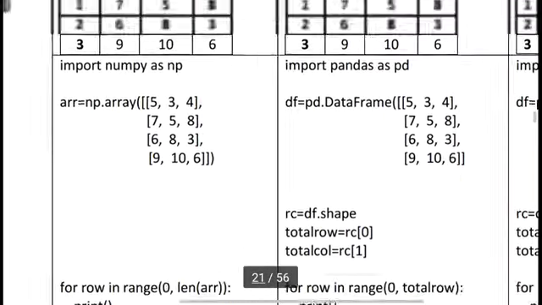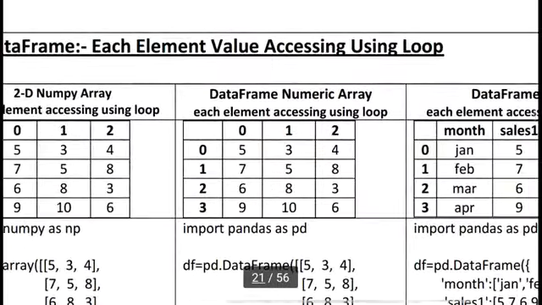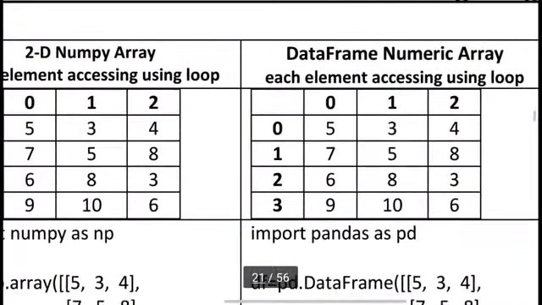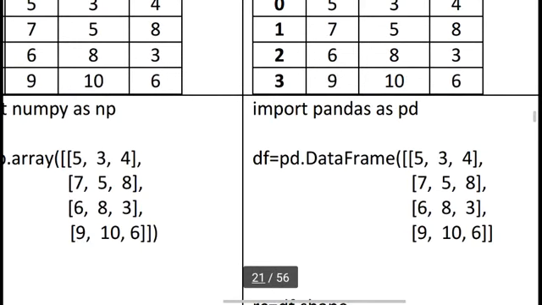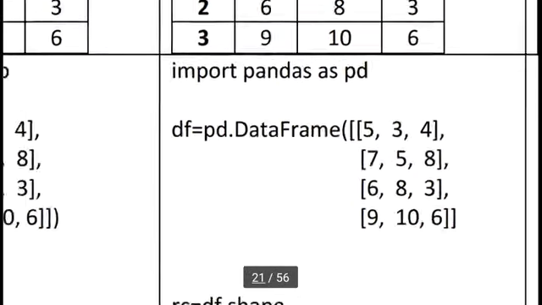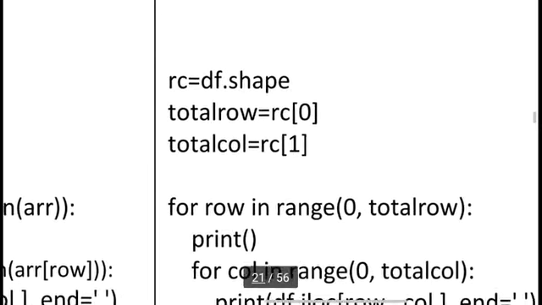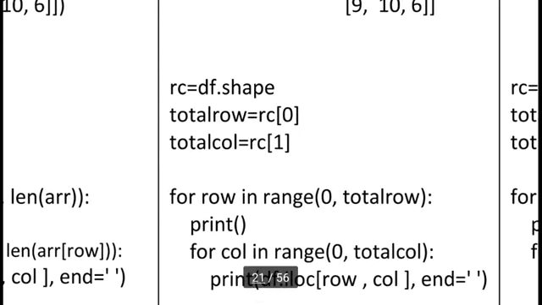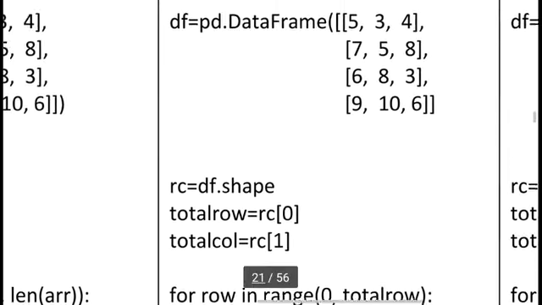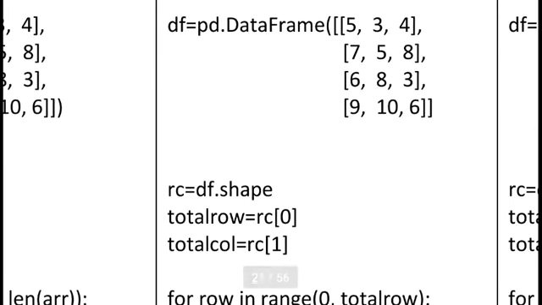Okay students. Suppose the same example, here I am using in the data frame concept. Same example. So here I am writing import pandas as pd. Here I am writing pd.DataFrame. The same values I have stored in this data frame. And here I am using df.shape. So you can see shape returns two values, the rows and columns. So you can see here 4, 3. df.shape returns 4, 3. The 4 represents the rows and 3 represents the columns.